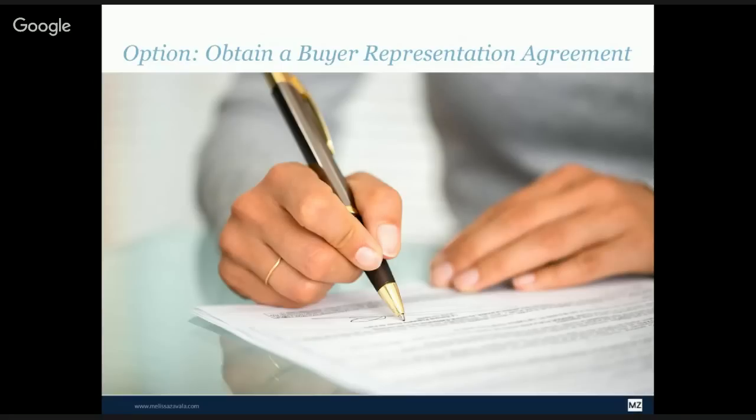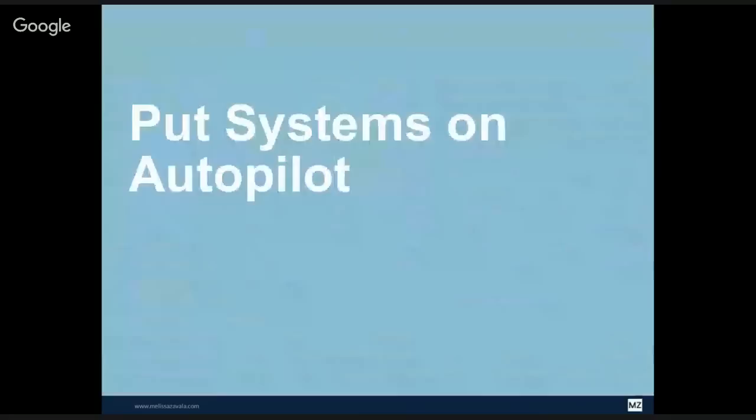So you can ask your buyer if they want that exclusive representation, and that way, you can offer them some real benefits through that exclusive representation, which of course you are ultimately, for the most part, compensated through the commission. So in most cases, it might not cost them a dime to do that. And then have them sign a contract. That way, when they're out shopping, you have that loyalty built in.